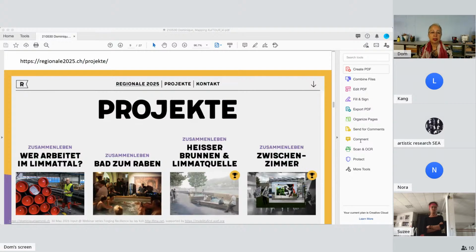We conceived this project for the so-called Regionale 2025. The Regionale 2025, it's a regional project show. And as its name indicates, it will take place in 2025. Yet several projects are at work on various themes already. The Regionale 2025 aims to promote the Limmat Valley and encourages further development there. It promotes the economy, products, and culture of the region. Exhibitions, shows, events, and other activities are planned for 2025.